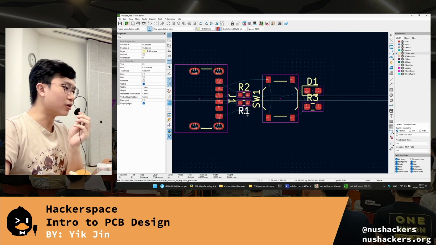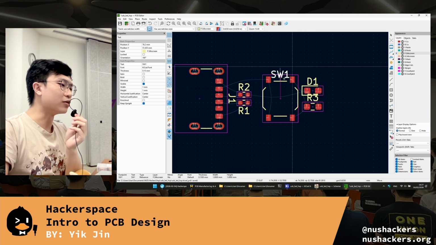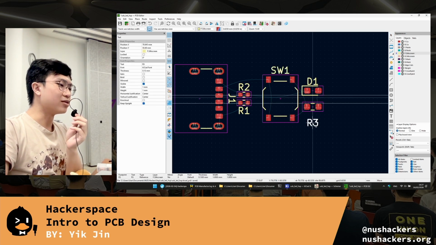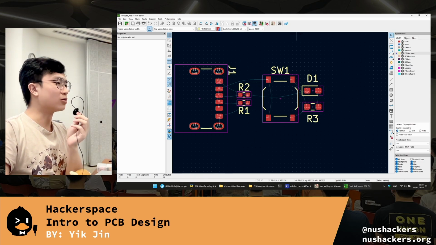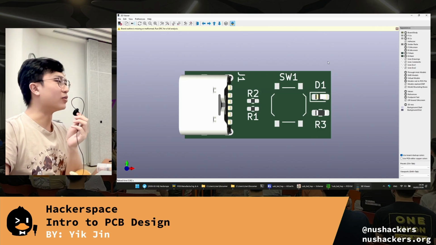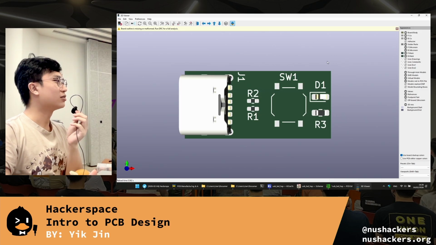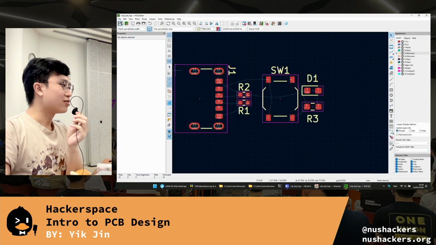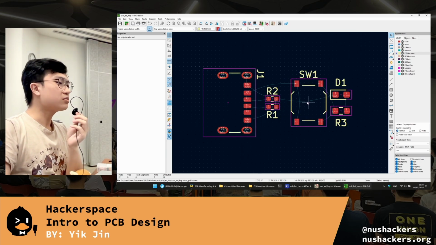Let's say I want to move this out of the way. Then this one, I don't like it to be at the side, right? Because why is it at the side? So I can just move it here, then rotate it. Press R to rotate also. Then put it here. And this one, let's say I move here. This one, I move here. This one, I can move like here. Makes much more sense, right? So when you look at the 3D viewer again, you can see now nothing is overlapping. Makes much more sense and it's a lot neater. Okay? Save your project. Then once you're done with this, your next step is basically to then